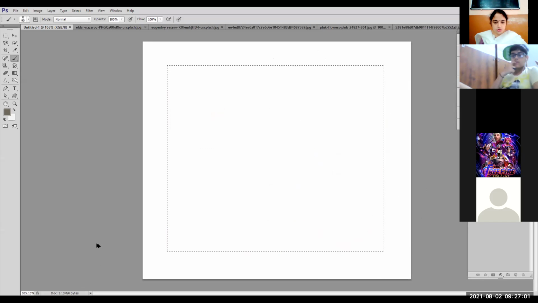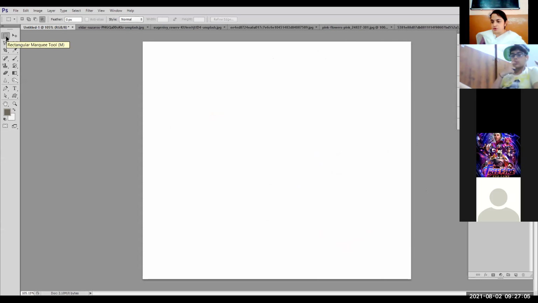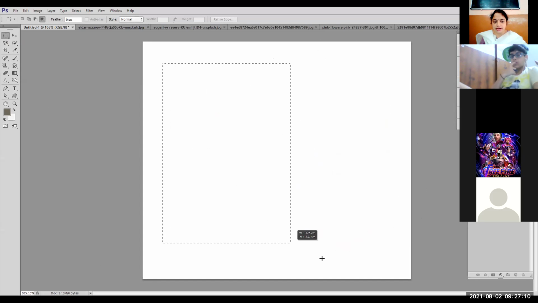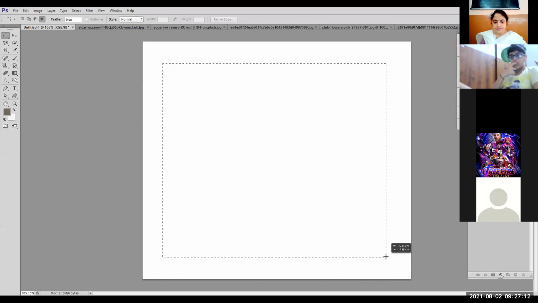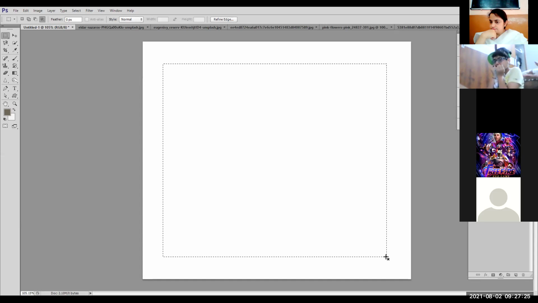Now, what can I do with this? I can do many things with this. Suppose I can create frames from my photographs. I'm selecting this area. Now I want to use whatever color or brush to draw outside the selection area. I want to give borders on the four edges of the stage.